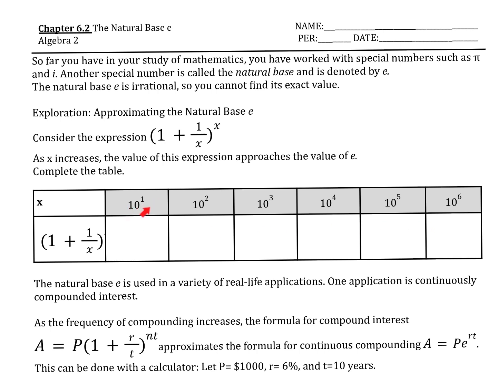10 to the power 1 means just 10. 10 to the power 2 is 100. 10 to the power 3 means 1000. 10 to the power 4 is 10,000, and so on. Here we are going to apply this method and put x as 10. So we are going to have 1 plus 1 over 10 to the power 10. What we're going to get here is 1.1 to the power 10,